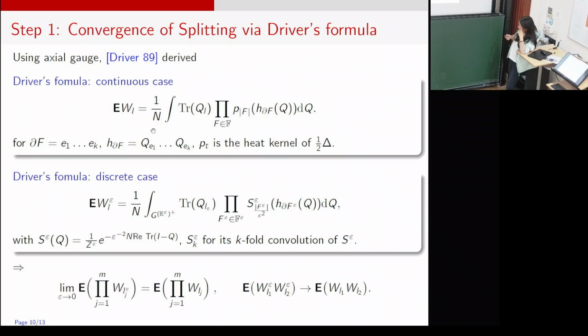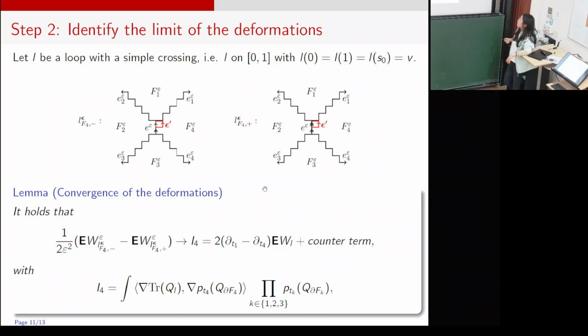So this easily implies that the product of the Wilson loop will converge from the discrete one to the continuous one. So this gives us that the corresponding splitting parts will converge to each other, which gives us the convergence of the splitting part. If we use the equation directly, we can see the other part, the deformation part, should converge to some area derivatives. But here we want to give a more direct proof of it to see the continuum